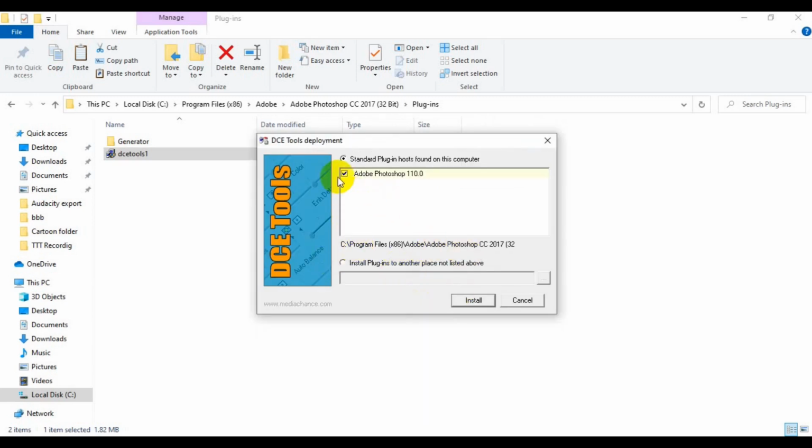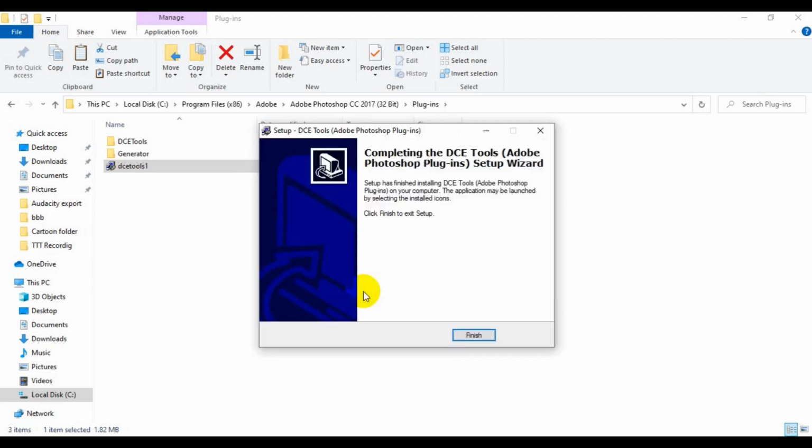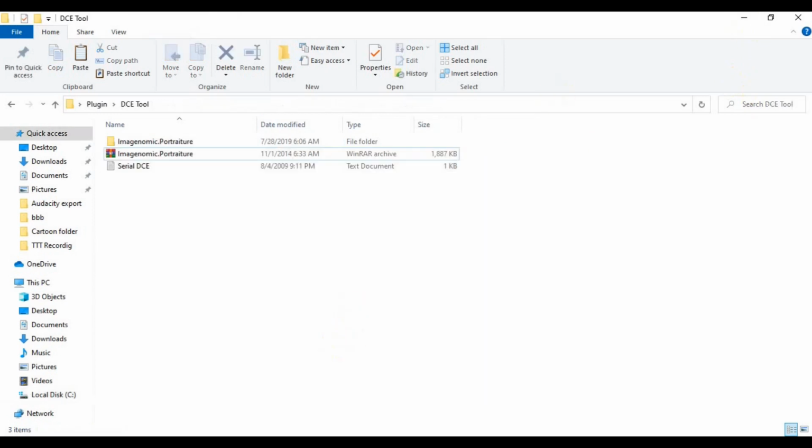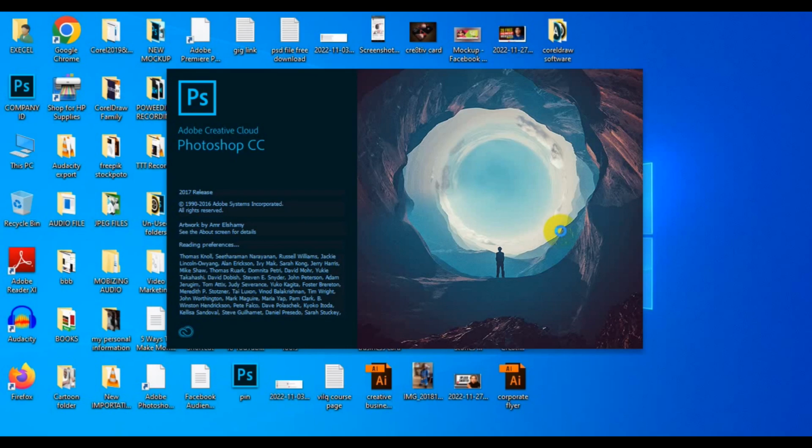Make sure this is checked, because this is a Photoshop plugin. Make sure this is checked. After that, you click on Install, then click on Finish. You are done. So you can easily go back to your Adobe Photoshop, run it, and confirm the installation of your plugin. Eventually, when your Photoshop fully loads, you'll be able to see your